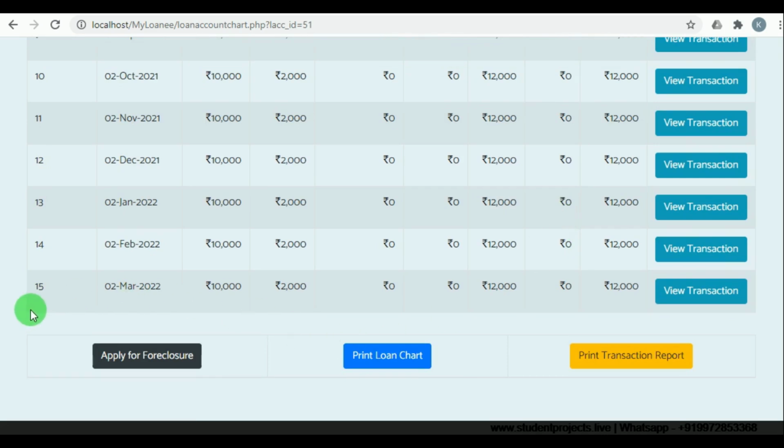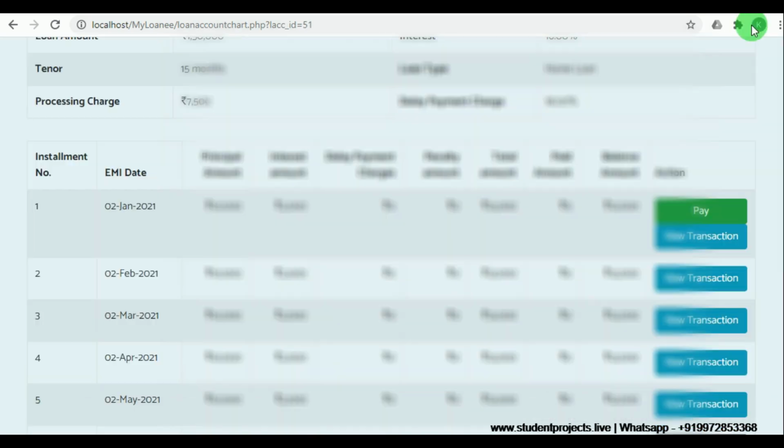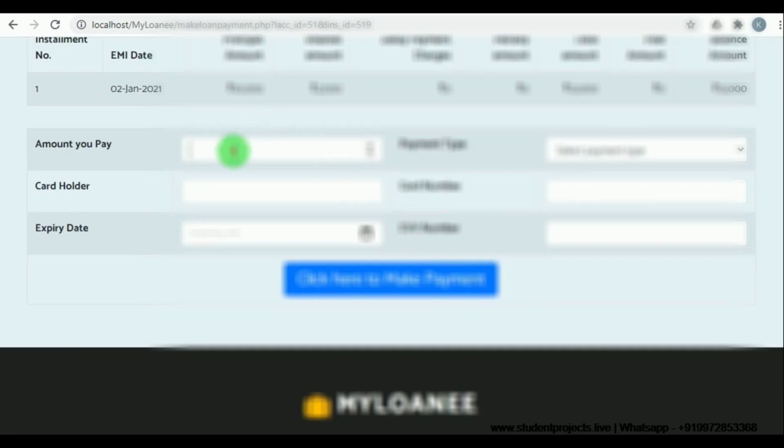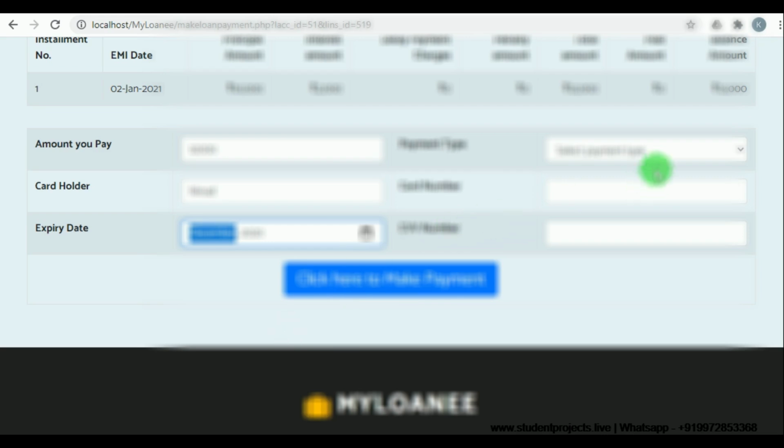Once the customer completes the 15 installments, the loan will be closed, and the customer can also pay the first installment. On paying the first installment, the customer must mention the amount to pay. So the amount actually to pay is 12,000, but the customer has an option how much he wants to pay. Then through what means he will pay, whether in card. So he must choose the payment type, then the card number, card holder name, expiry date and CVV